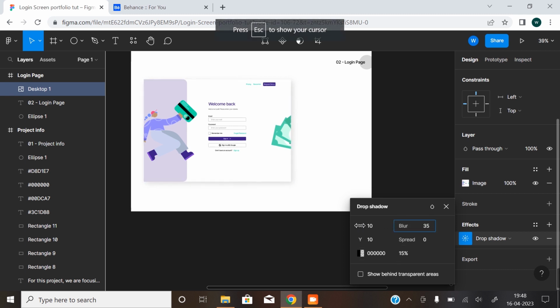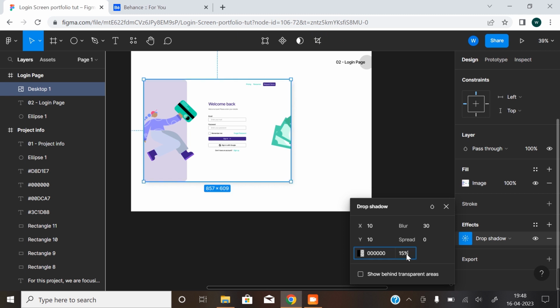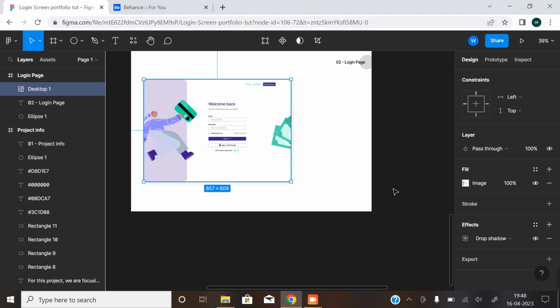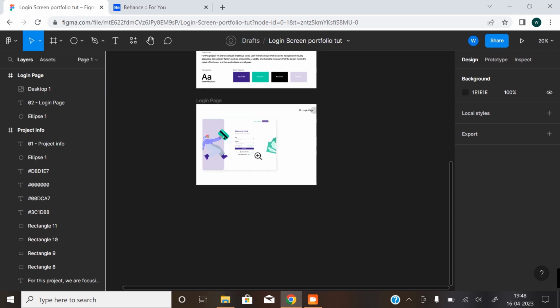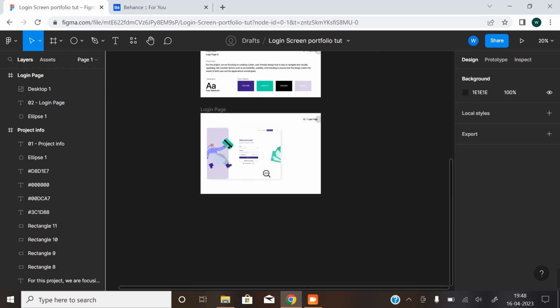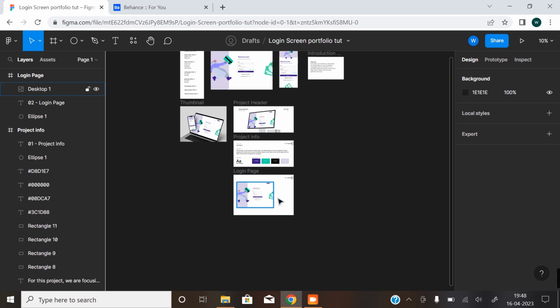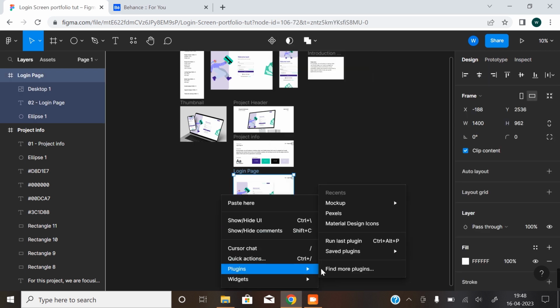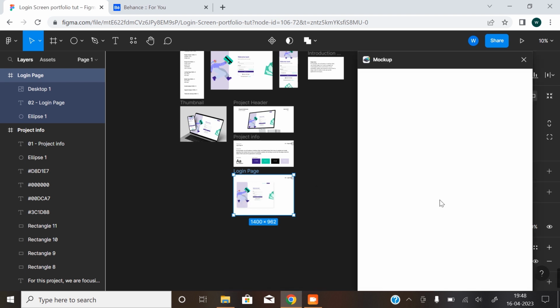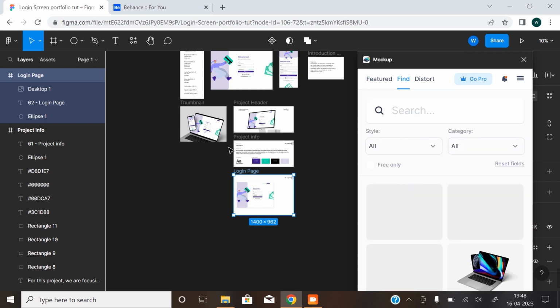I'm going to decrease the blurriness, and then let's try something like 10. Okay, 10 is actually dope. So I'm just going to be using a mockup here as well, so you can just design this. You don't have to design it as I designed. So let's use a mockup. So I'm just going to right click, then plugins. Let's run our mockup plugin, and let's look for a nice free mockup that we can use to display our